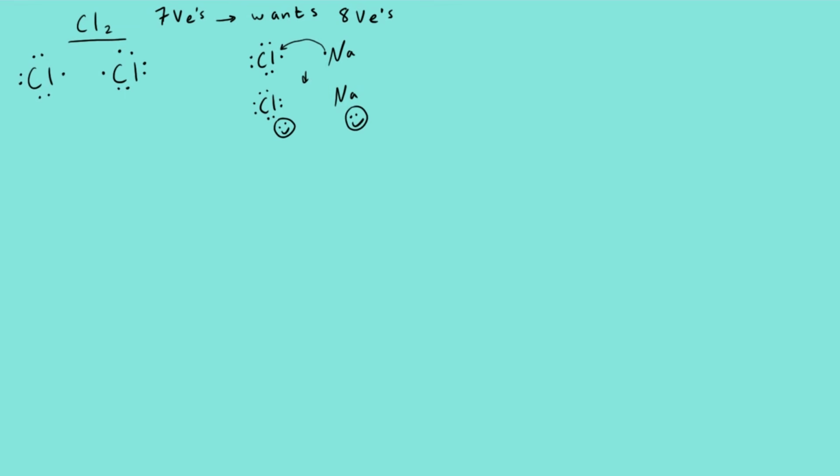But over here on the left-hand side, our actual example, we don't have any sodiums in this situation, let's say. What if it's just a pile of different chlorine atoms? Well, what's going to happen is that these chlorines are going to make a deal with each other. They're going to say, okay, we're not in a situation where either of us can get what we want, because both of us just want someone to give us an electron. So instead, they're going to make a little bargain, and the bargain is, why don't you give me an electron for part of the time, and then for part of the time, I'll give you an